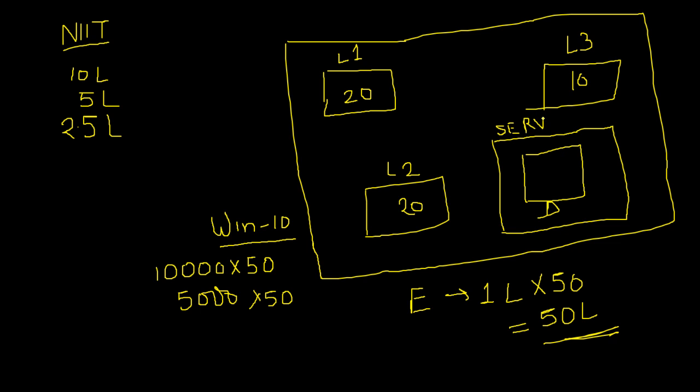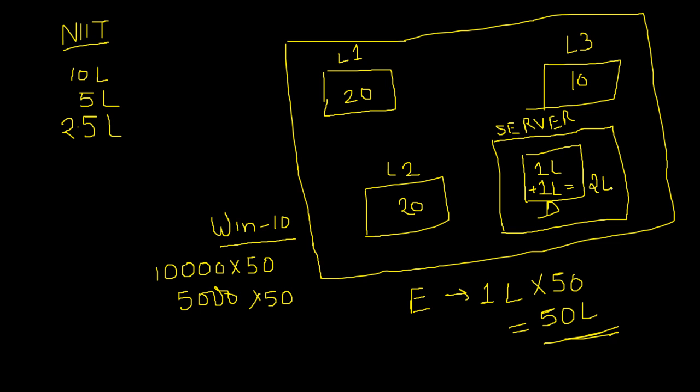and in that server room he set a server machine. Okay, suppose the cost of that server machine is around 1 lakh. Okay, so he has spent 1 lakh for this server machine, and then the network personnel told him to purchase one single copy of each and every original software which you require. So as I told you, the original copies of all the software required by the institute for a single machine cost around 1 lakh. So he purchased a single copy of each and every software, which cost around 1 lakh. Okay, so the total cost he spent on the server and purchasing the software is around 2 lakhs.